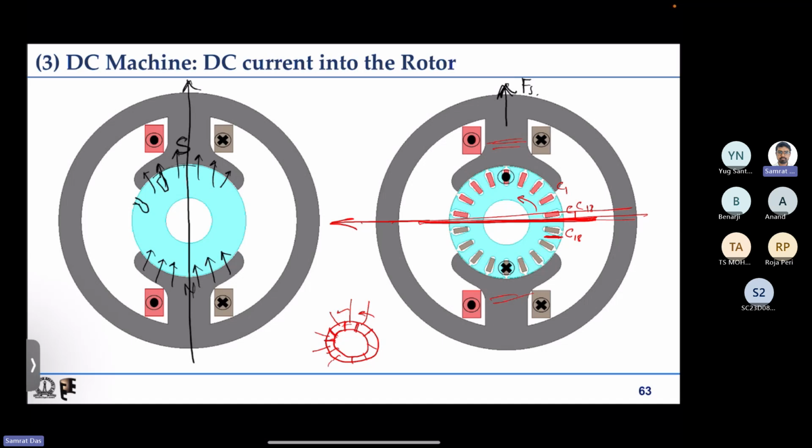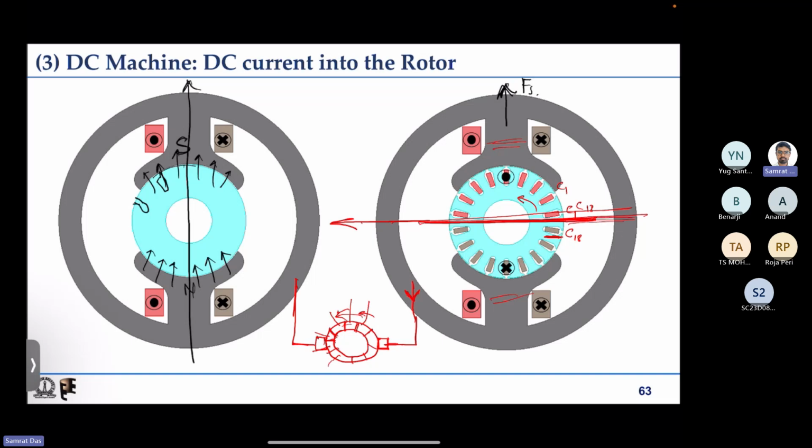But we have to take the connection outside also to the stationary world. For that, we can have two or more connections like this, and we will have terminals coming out from that. So here it will be current of the same direction only, because this commutator will keep on rotating. The coil connections and other things will be done in such a way that